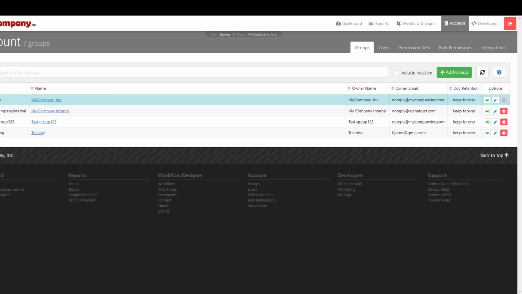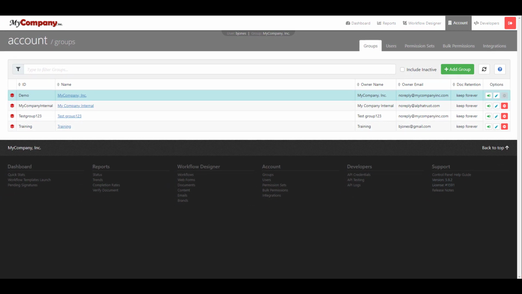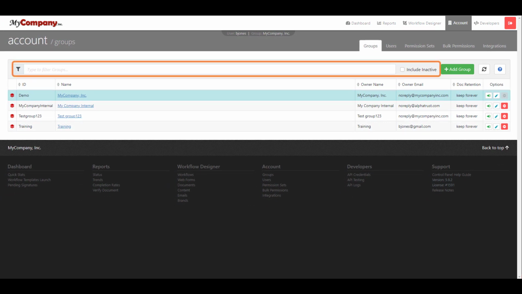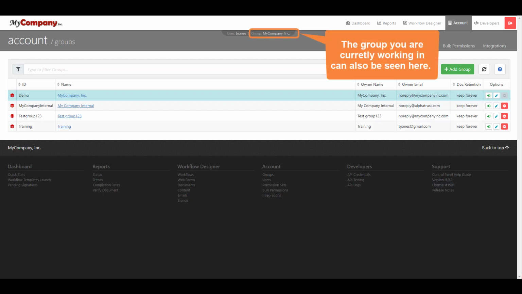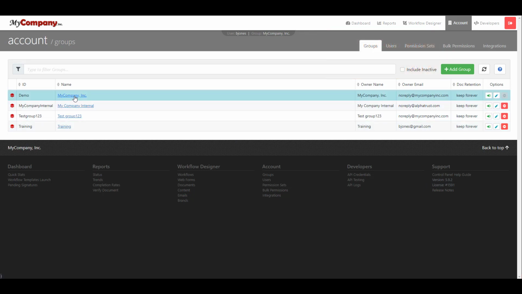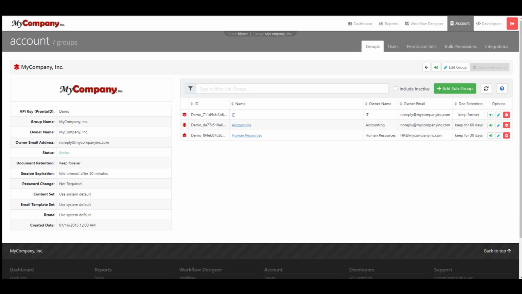On this page, you will see options to filter through groups by text and include inactive groups in the results. The blue highlighted group is the group that you are currently working in. Once you've found the group you need to work in, click on the name of the group. That will take you to the Groups page where you can see an in-depth view of the group's information, subgroups,